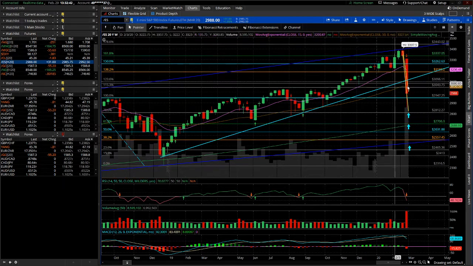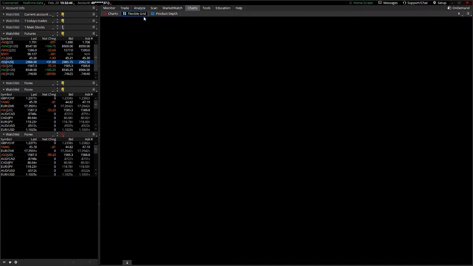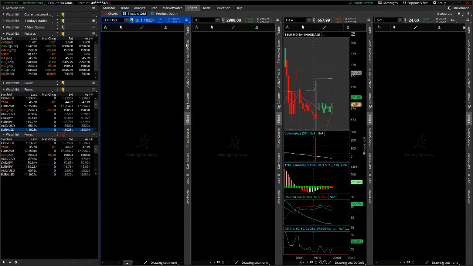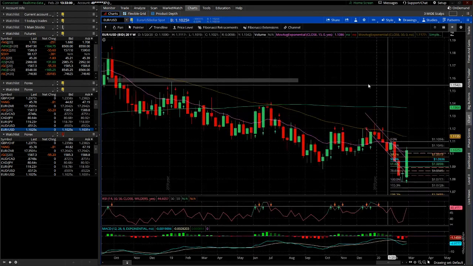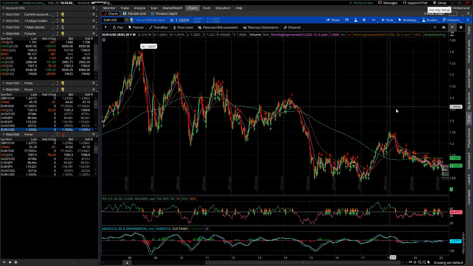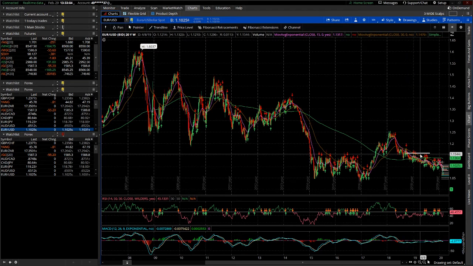Now, if you go into where you have your flexible grid, and I'll show you this on another video, but if you have a lot of different settings up there, then naturally you would want this to stop, to where you can just see a little bit past it, and that'll help you there. But when you're doing all your charting and you're trying to do your patterns and all that, then really you